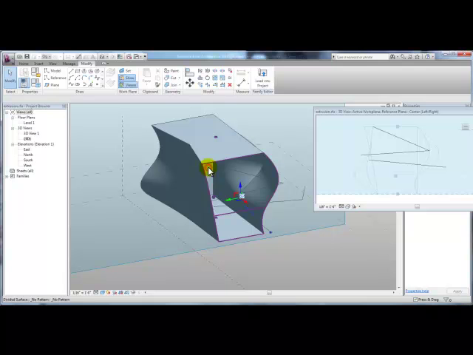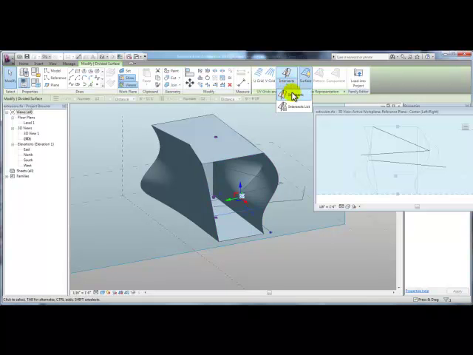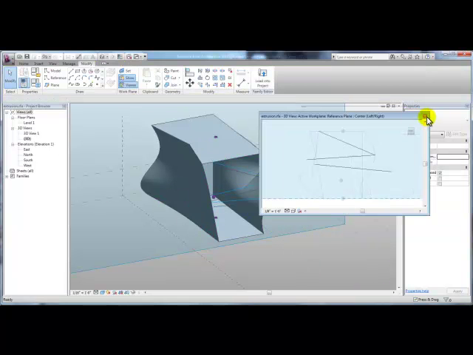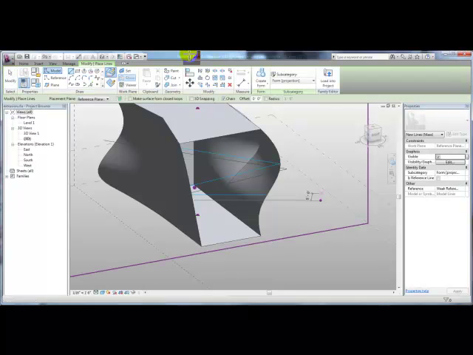We'll select the surface and then pick Intersects. Using your Control key held down, you can select the lines that were drawn on that reference plane and then pick Finish. And you can see that they've jumped over from the reference plane to our surface. We'll close out of the viewer. And since that reference plane is still set to be the active reference plane,